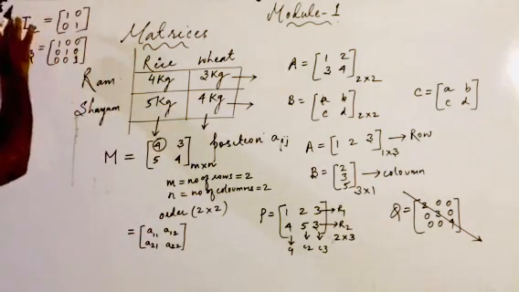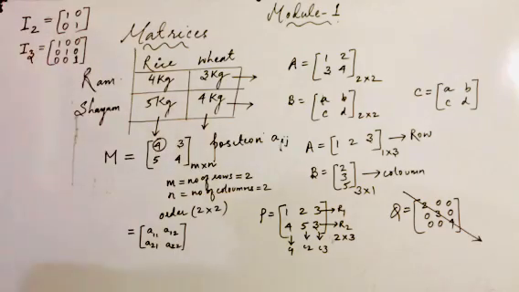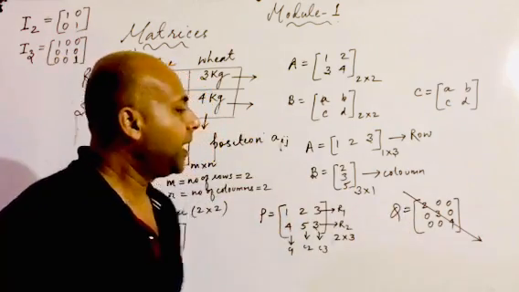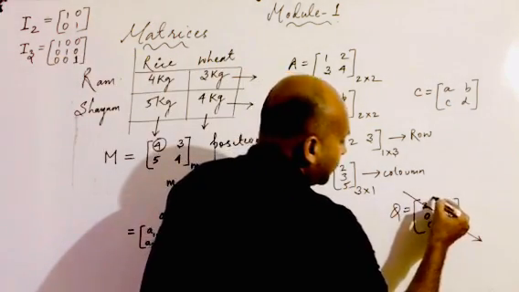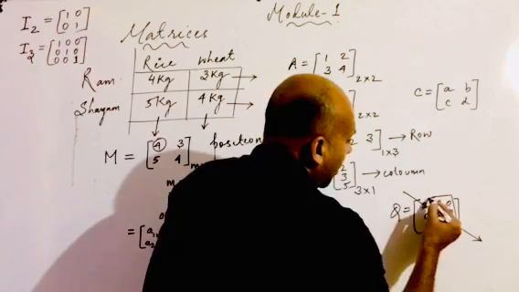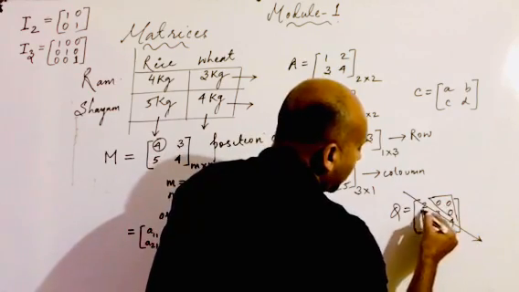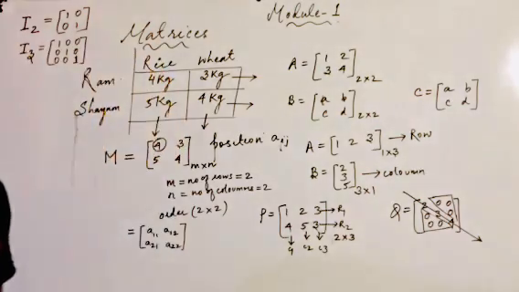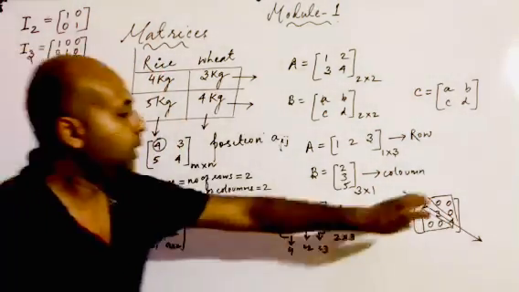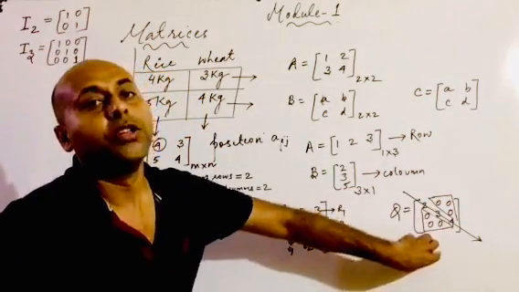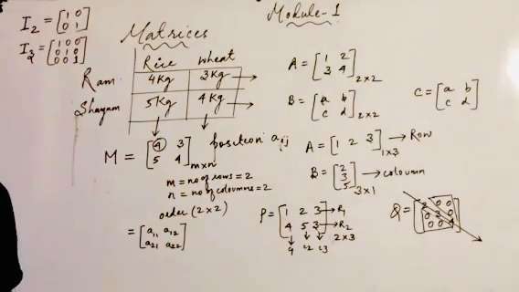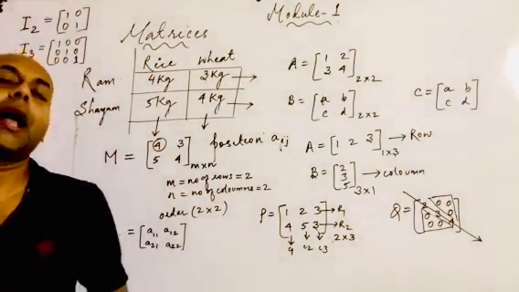So here I have represented the unit matrix by two terms, I2 as well as I3. Now take the example of the matrix Q equals 2, 3, 4, where all the other elements are 0. In this case we call it a diagonal matrix. But sometimes it happens that only this part is 0 or this part is 0. In that case we define that type of matrix as a triangular matrix. That means we can call it lower triangular and upper triangular.